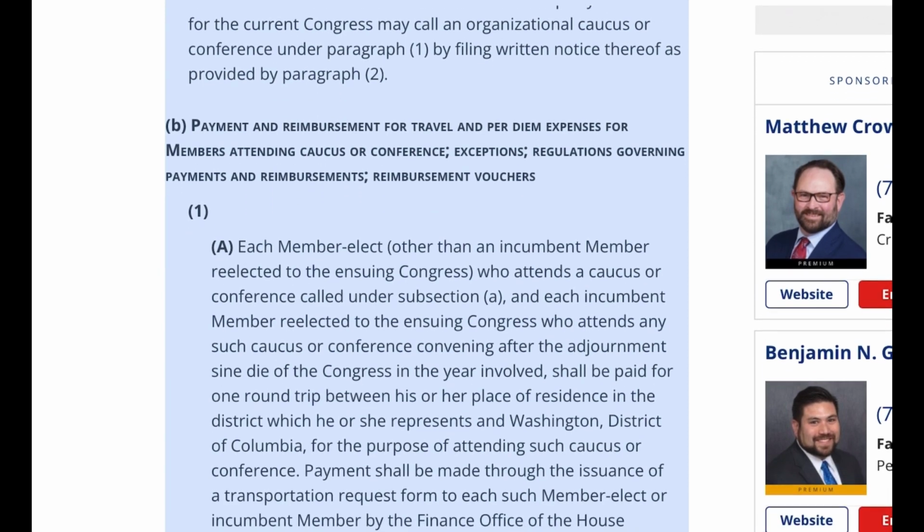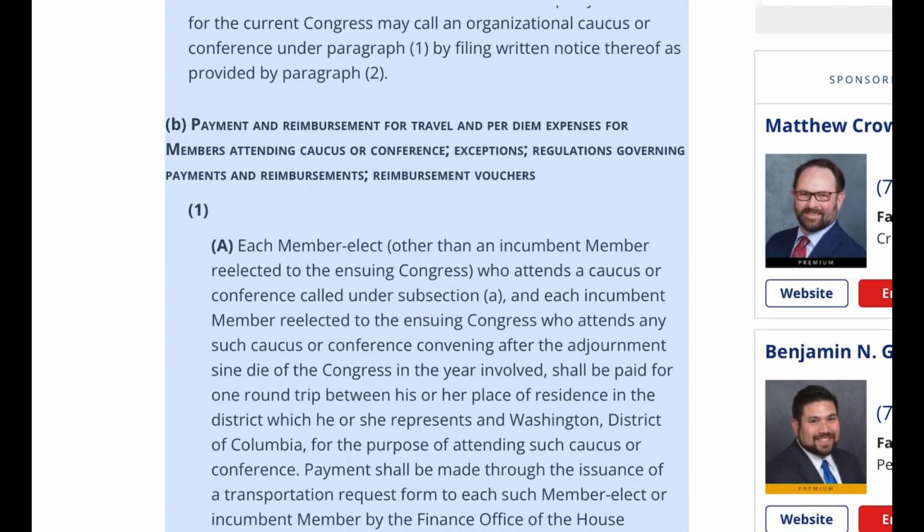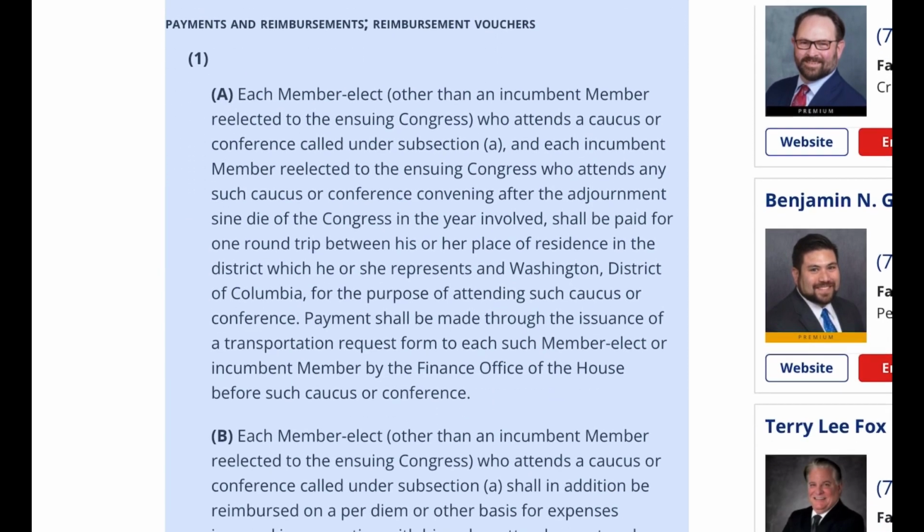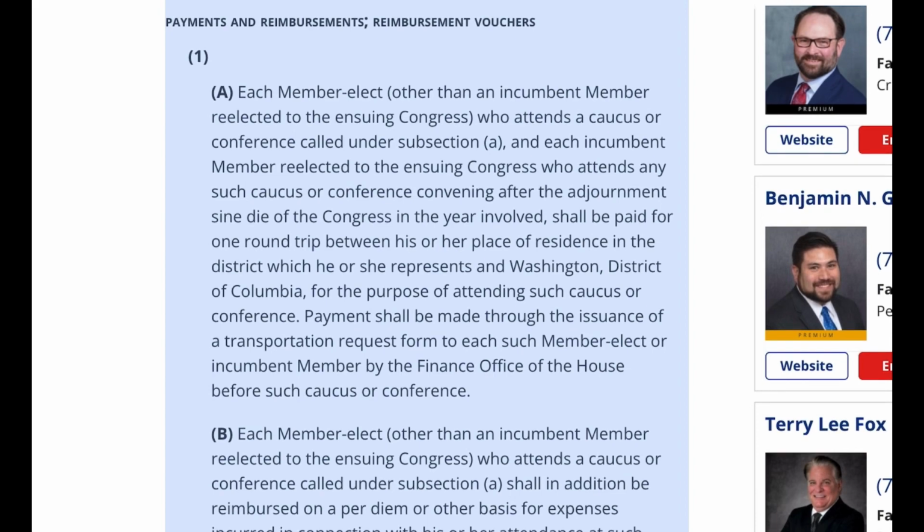Exceptions. Regulations governing payments and reimbursements. Reimbursement vouchers. 1a. Each member-elect, other than an incumbent member re-elected to the ensuing Congress who attends a caucus or conference called under subsection A, and each incumbent member re-elected to the ensuing Congress who attends any such caucus or conference convening after the adjournment sine die of the Congress in the year involved,